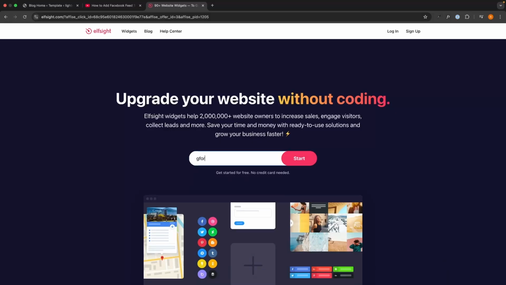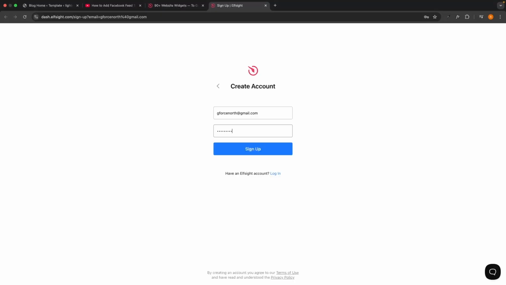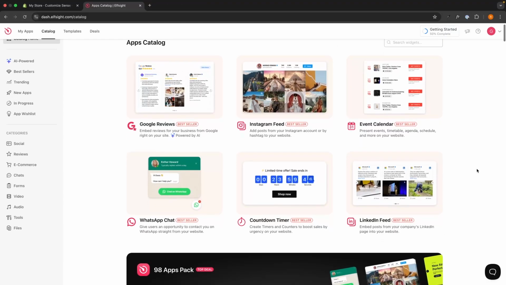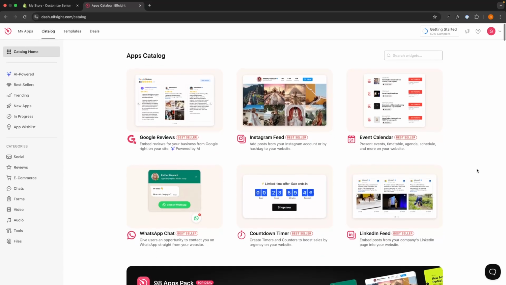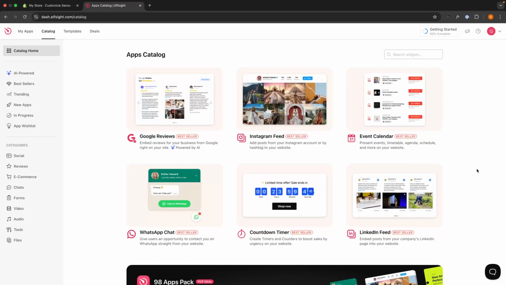From here, just enter your email into this box to sign up for free, and then on this next page, create your password. Just like that, we are signed up and ready to go. So from here, once we are signed up to Elfsight, the widget that we want to use from Elfsight